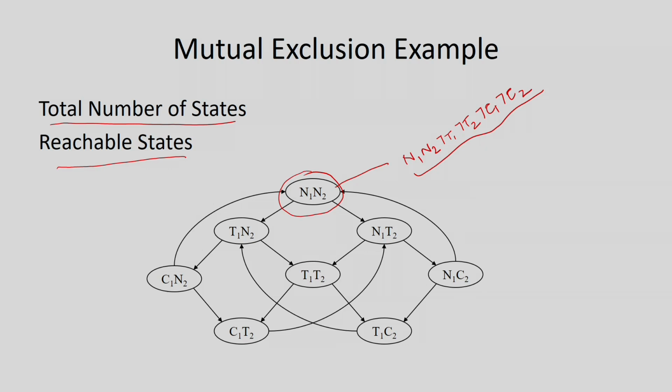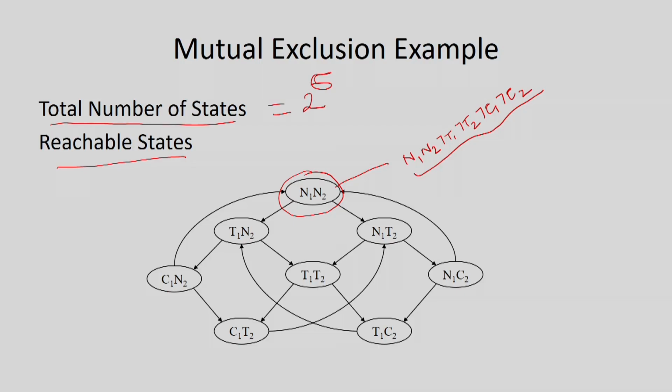If we have a total of 6 state variables, then what are the possible combinations? How many states are we going to have? We are going to have 2 to the power 6 possible states. So, this is my entire state space, but in our system not all may be valid states as per our design. So, for that we say what the reachable states are. If you count, you will find the reachable states are 8 only, because I am designing it for mutual exclusion. So, in a particular state I should not get both C1 and C2 true, whatever the other 4 variables may be.